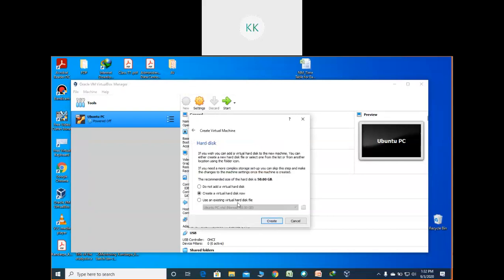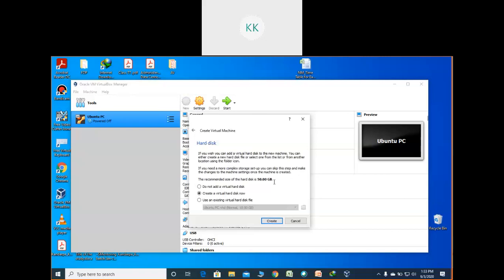Now see hard disk. Create virtual machine hard disk. Here, if you wish, you can add a virtual hard disk to the new machine. That means now it will give you the option. The recommended size of the hard disk is 50 GB because we are selecting the server operating system 2016.